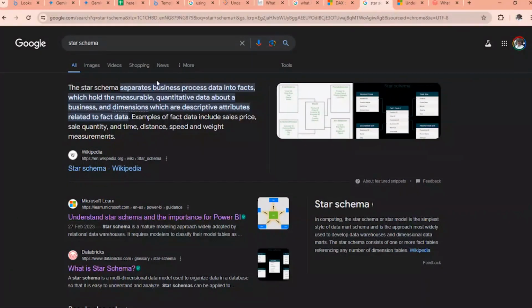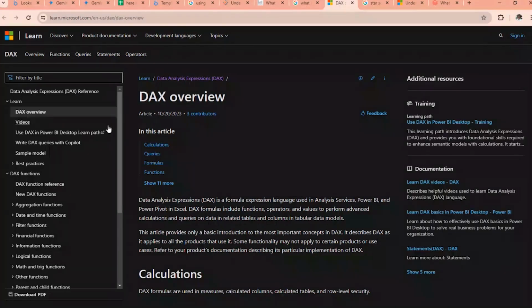Now, also DAX expression. Let me now show us DAX expression. There is DAX documentation. I hope we can all still see my screen. The DAX overview. This is a Microsoft DAX expression. You get here from